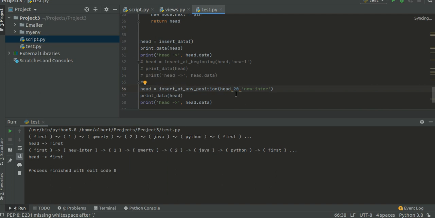The head node continues to point at the same position, but this new value we are inserting in the circular linked list, at any position wherever we reach. If it is larger than the size of the circular linked list, still we will reach somewhere, right? So it's a non-terminating list.